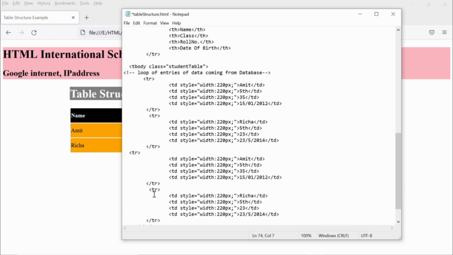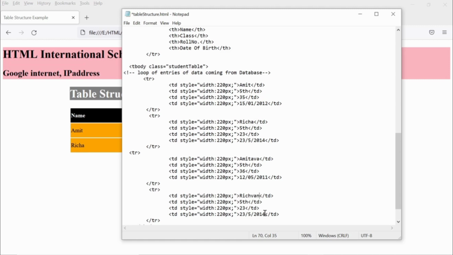So let's add more: copy the two rows of Amit and Richa and paste them just below to make 4 rows of data. Let's change some of the dates of birth, so the design will look better with more rows.